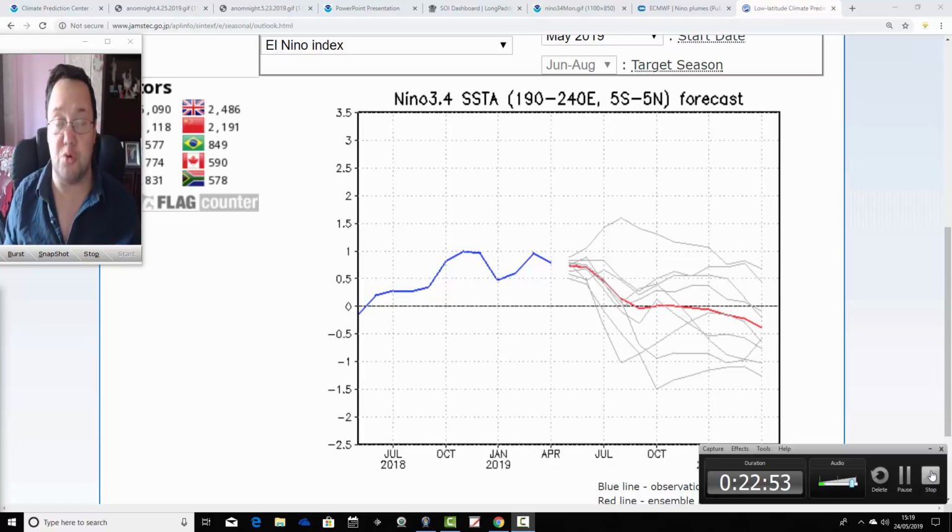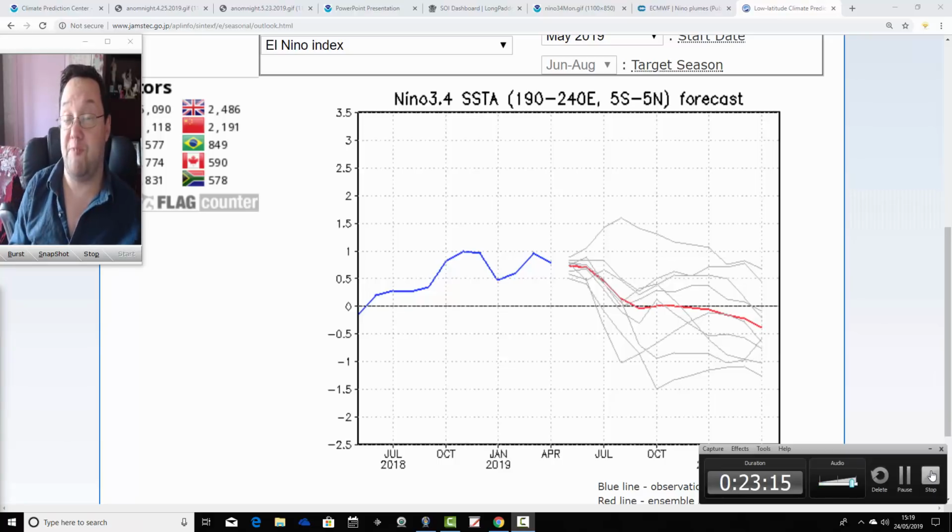At the moment, we are still just about holding on to El Nino. It's clinging on by its fingertips, but it does look as though we are likely, by the time we get into the middle of the summer, to be back to ENSO neutral. There is the possibility, I think, that we could go into a cold event, a La Nina through the summer and into the autumn. That possibility has maybe increased a little bit from last month, but it's still a low possibility. It's probably only around 5-10% possibility that we're going to go into a cold event.